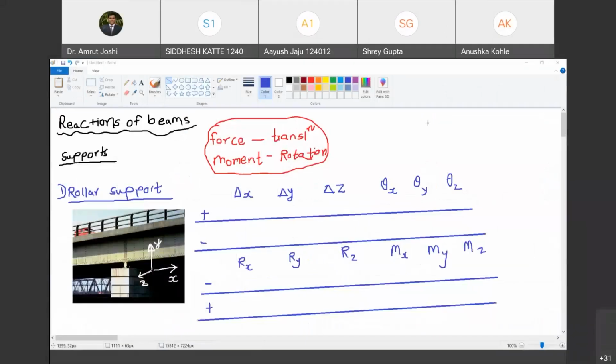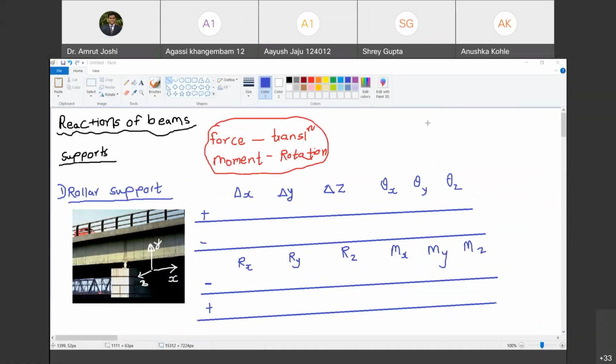First experiment, that is reactions of beams, and in connection with that I have already discussed what is a beam. Do you remember that? Yes sir, it was the very first practical class. So we have defined beam as a 1D or skeletal member which is loaded normal to its axis, and by definition its axis is longitudinal centroidal axis. That's where we were.